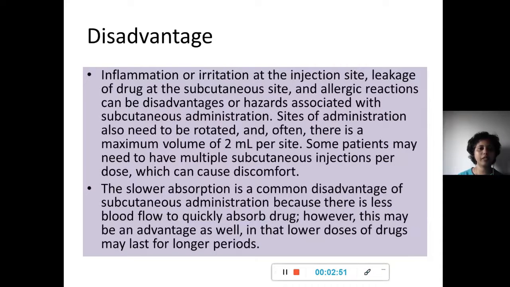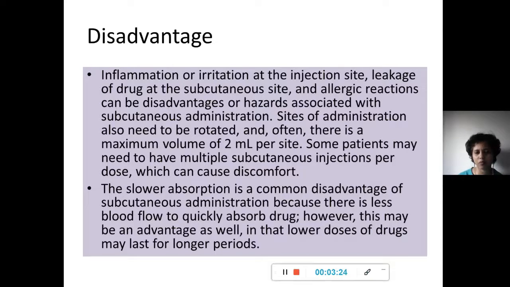What are the disadvantages that we have? You have some inflammation or irritation at the injection site sometimes. Leakage of the drug at the subcutaneous site could happen, and also sometimes allergic reactions can be considered as disadvantages or hazards associated with subcutaneous administration. And the site of administration also needs to be rotated, and often there is a maximum volume of about 2 ml per site. Some patients will have multiple subcutaneous injections as a dose, and